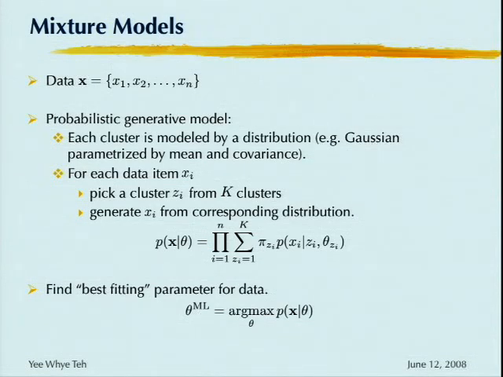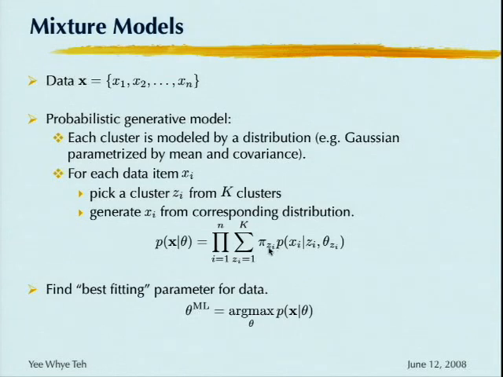So in the case of Gaussian clusters, for example, each cluster is described in terms of its mean and its covariance. Those would be the parameters of your mixture model. Given this generative process, you can then write down the probability of your data set given your parameters. In this case, it's something like this,